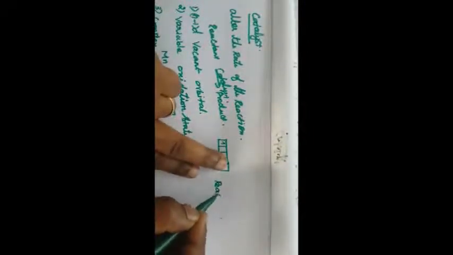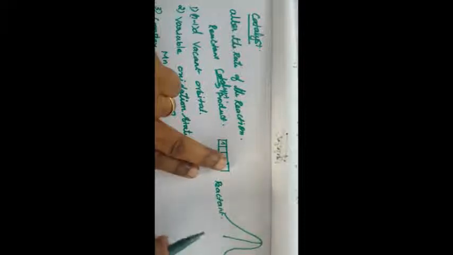Suppose we consider one reactant. It goes to the activated state; this is called the activation energy. The reactant is converted into product. This is the normal condition. Now we are adding a catalyst. What happens to the rate of the reaction? The activation energy is minimized. This is called the activation energy.